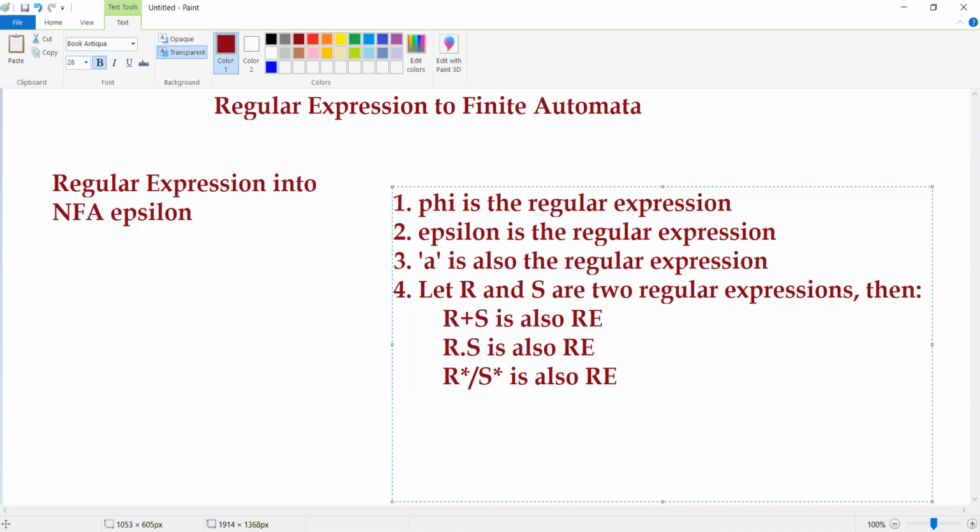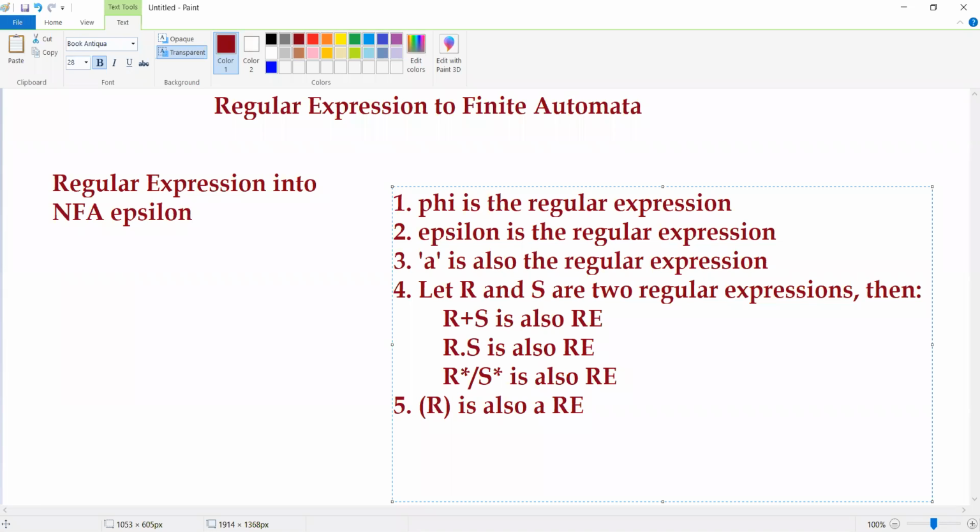Then we have one more thing, which is anything which you write within parenthesis. This is also a regular expression.